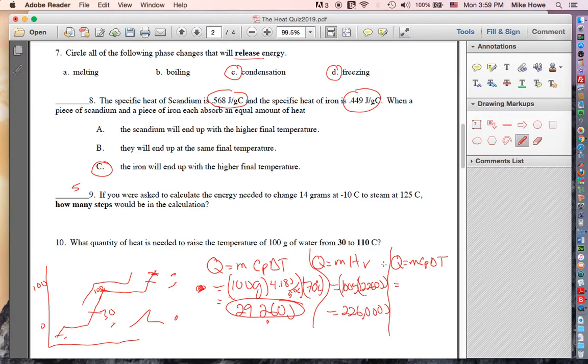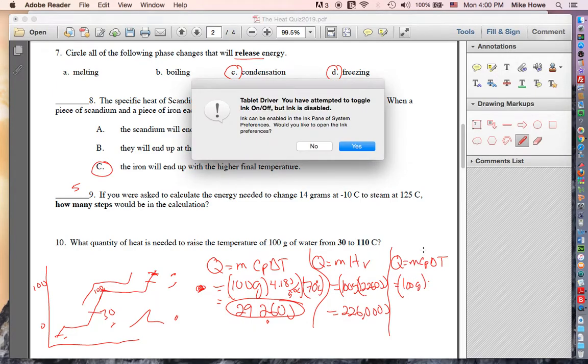And then the last one, again, I'm going to leave the units off because it's getting tight. What's the mass again? Didn't change. Right, it's 100 grams. Oh, I didn't leave the unit off. I thought I was going to, but I didn't. Okay, and we're going to multiply that